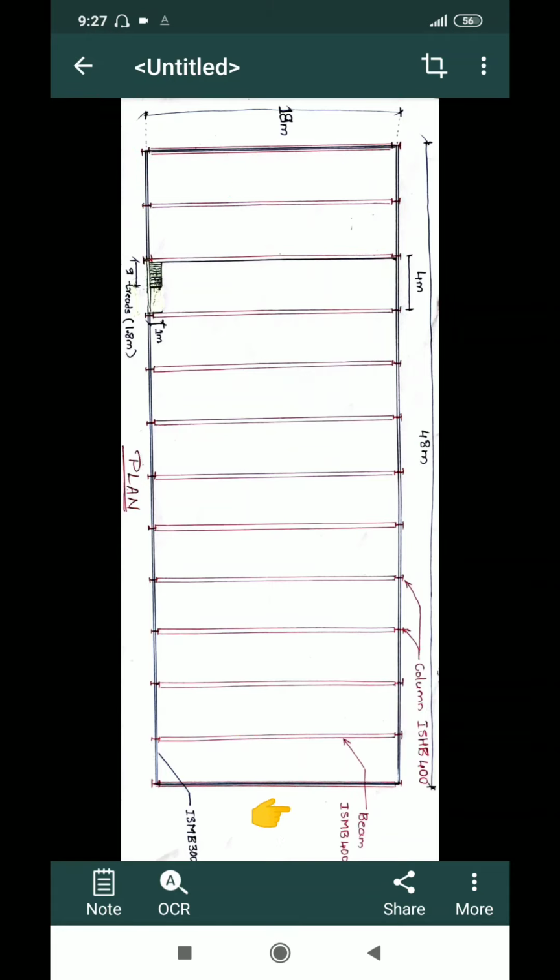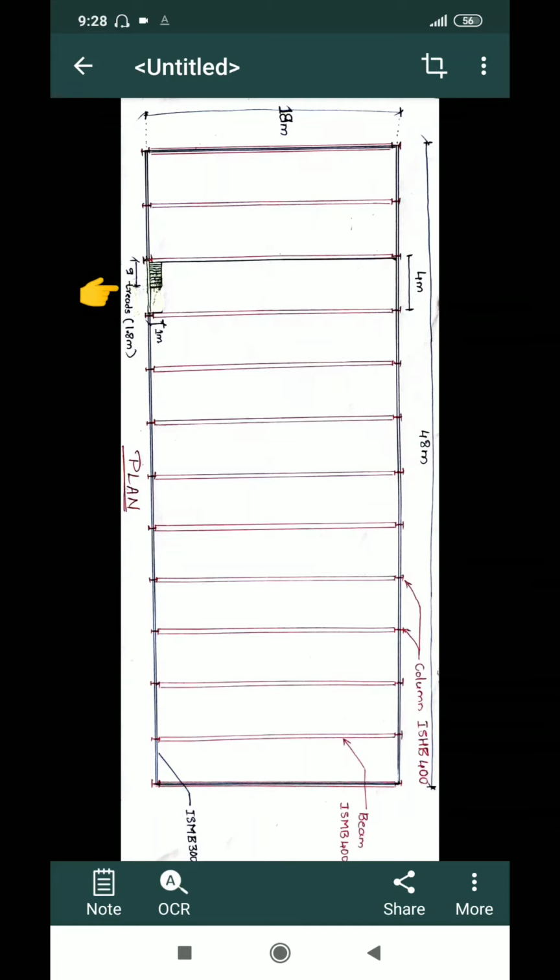If it is an industrial structure, I can store material below, and above this mezzanine floor I can run an office, which is an enclosed part apart from the entire industrial building. For this I am also providing a staircase here, consisting of 9 treads and a total of 1.8 meters. Since I am providing a floor at a level of 2 meters, the total height I need to cover is 2 meters, which is 2000 mm.